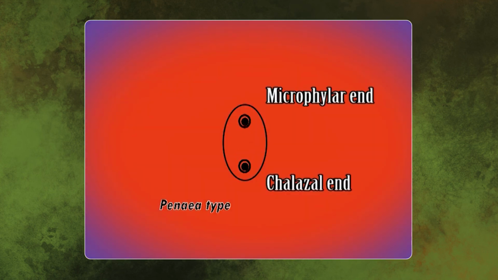Next is Penaea type. Here 2 post meiotic divisions occur, resulting in the formation of 16 nuclei. The mature embryo sac comprises 4 groups of 3 cells each. One group at the micropylar end, one at the chalazal end, and the 2 arranged laterally. The remaining 4 nuclei behave as polars. The micropylar triad functions as the egg apparatus.